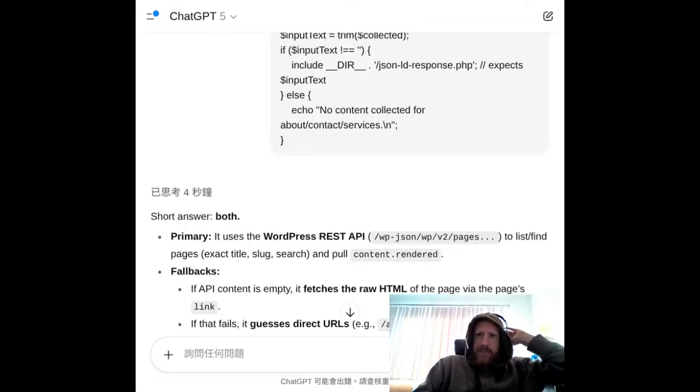So we don't need to be guessing about URLs. We just need to